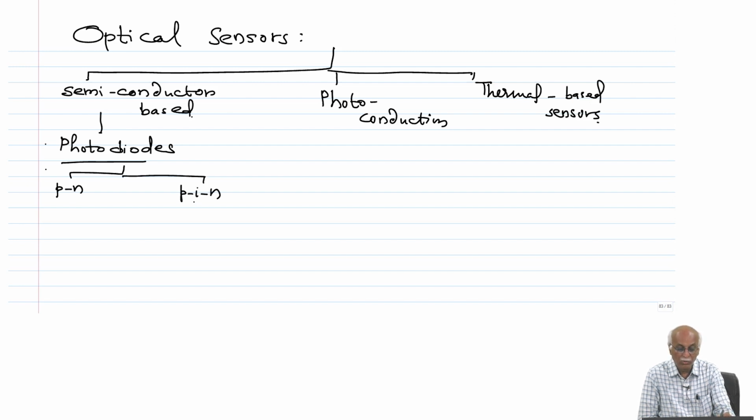I stands for the intrinsic layer, with a depletion layer in between, and this allows fast response characteristics compared to the PN junction, where the capacitive effect increases the time constant and makes the measurement slow. So if we want fast response, we use a PIN junction. However, because of the very small depletion layer in between,